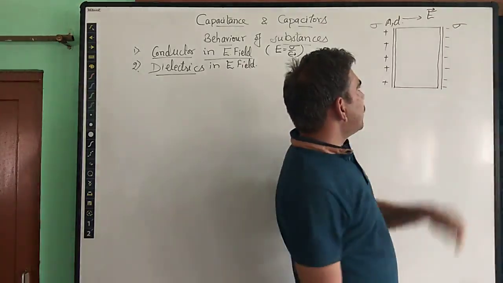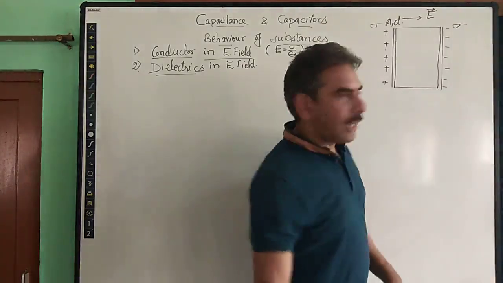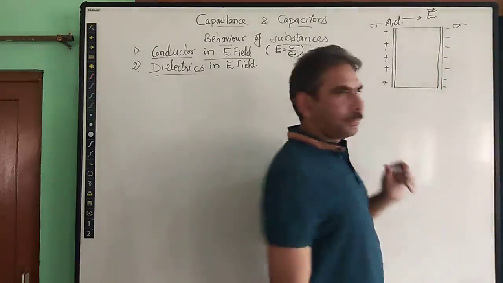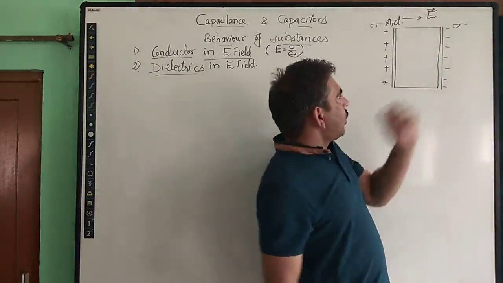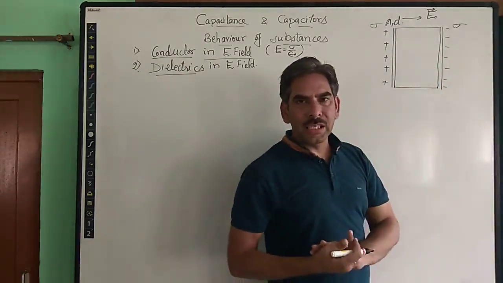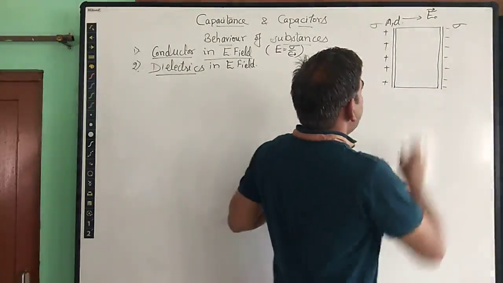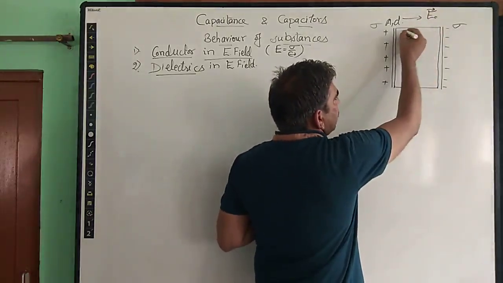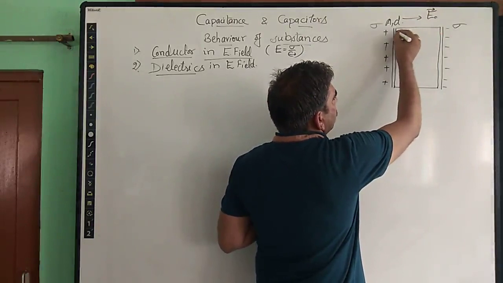So as soon as this electric field is applied, the applied electric field, for simplicity we write it with the value E naught. So E naught is the field which is applied due to these two oppositely charged plates. So due to this electric field, the non-polar atoms of this dielectric will now stretch out.